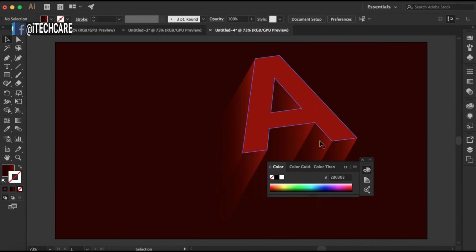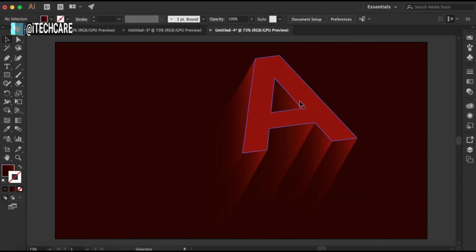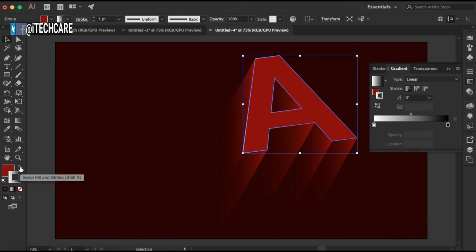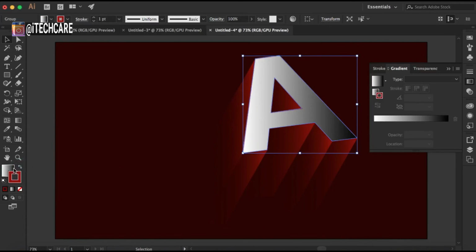After doing that, click on this character option. Only click on this character. Now press Ctrl C and press Ctrl F to place on it. After placing that, you have to open the gradients and click here on gradient and choose this white and black. After doing that, move this stroke to fill here. After filling black and white color,